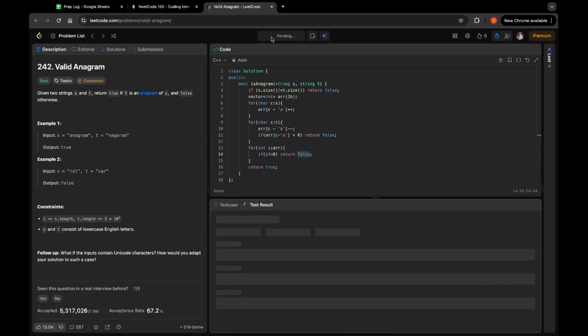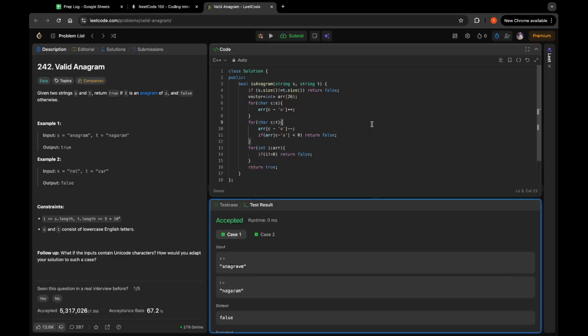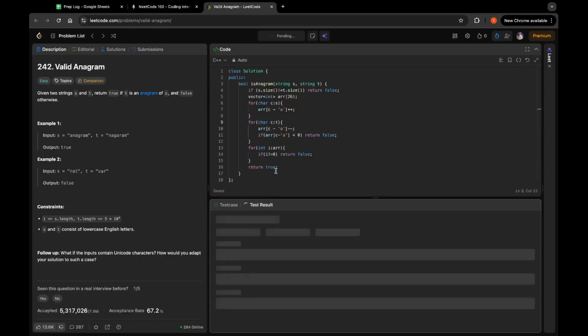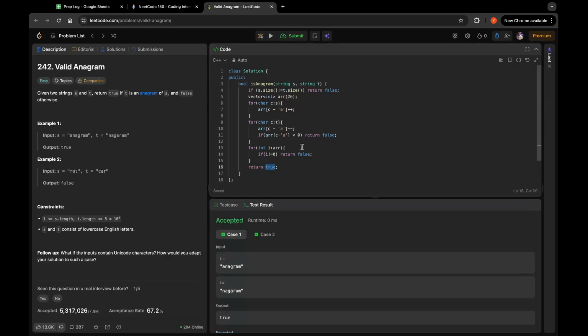And I can just hit run to see that the code works. And it does. And I can probably change it back to the original test case to verify that the true cases are being handled, yeah, so that's perfect. And I can hit submit,